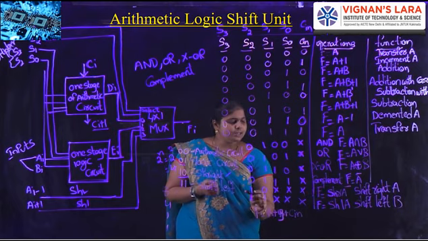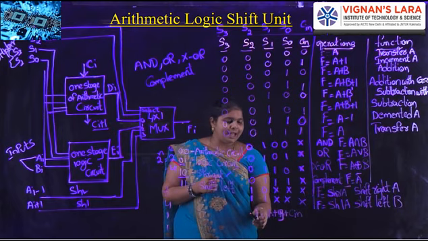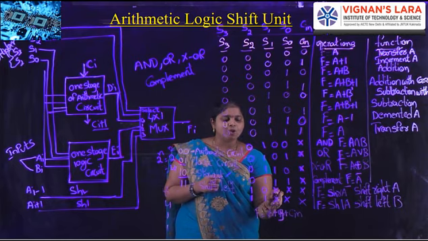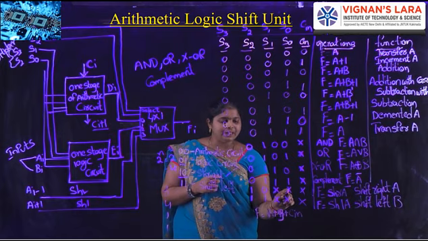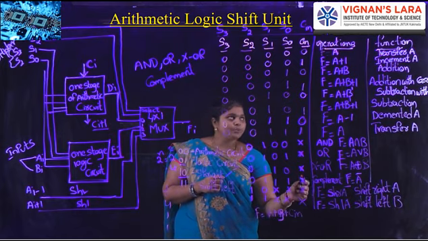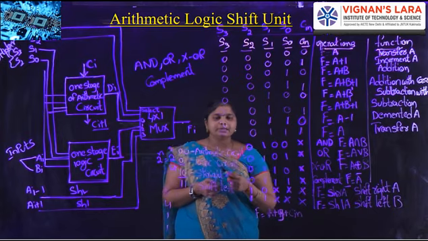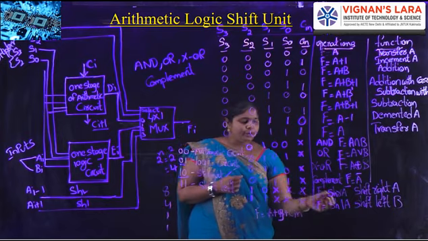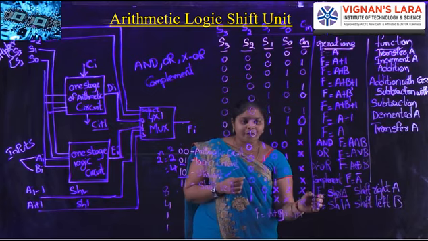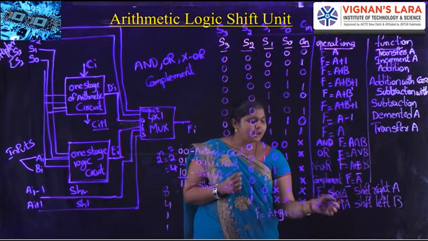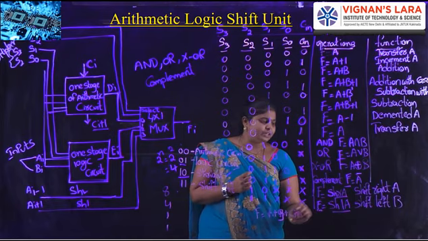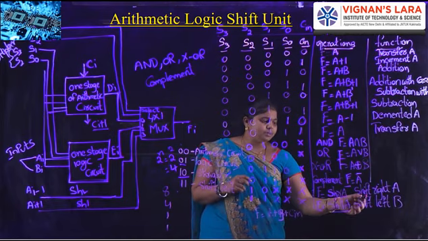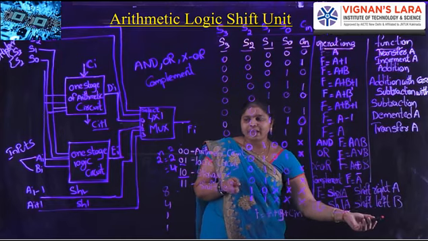Here shift right and shift left have no S1. There is no connection of S0 and S1. That's why there is no use of S1 and S0 in both SHR and SHL. Cin is not required for both conditions. That's why SHR A is shifted to F and stored in the F register, and SHL A is shifted to F and stored in the F register. These two operations are shift right A and shift left B.